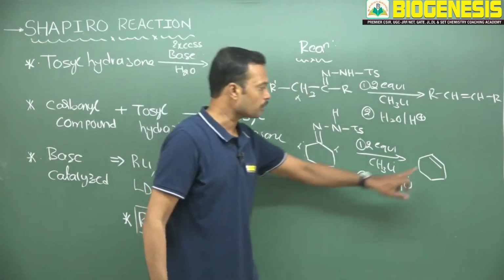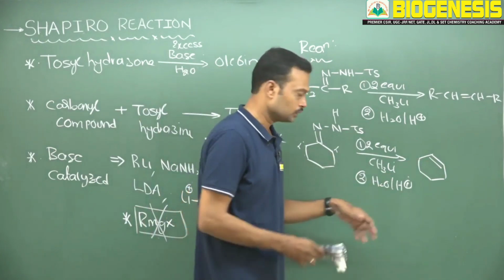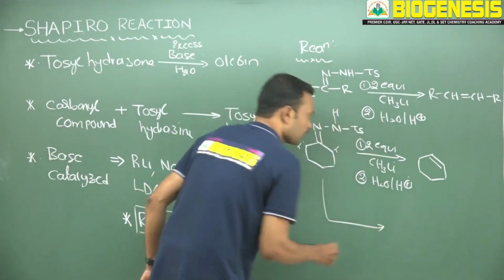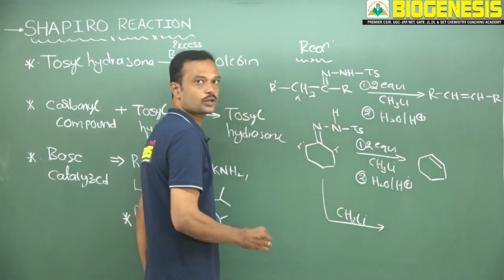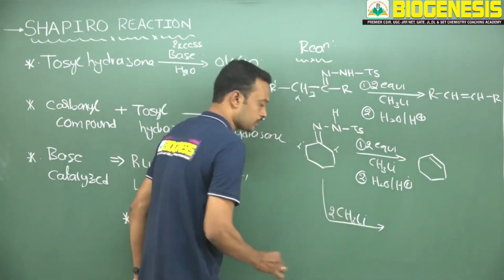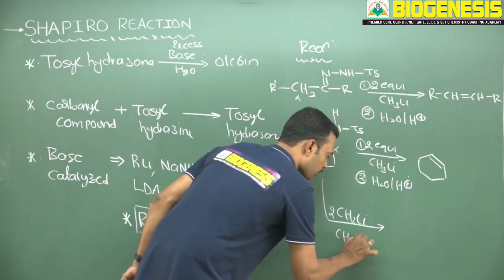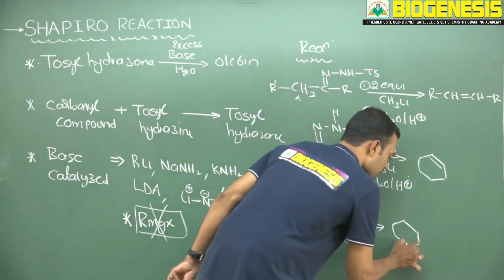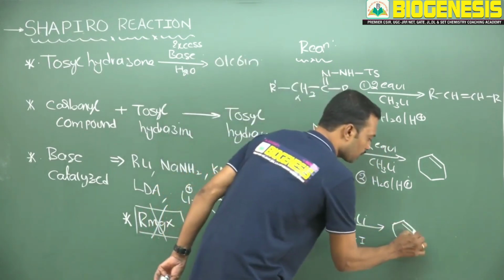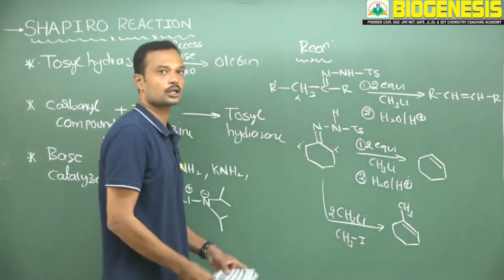This answer completely depends upon the type of substitution or solvent which is given over here. Suppose the same reaction reacts with lithium OMC, here they will mention excess in your exam, otherwise they will mention two equivalents. So this is two equivalents of methyl lithium followed by methyl iodide, if they give it. Whichever carbonyl carbon is present, at that carbonyl carbon definitely we need to introduce a methyl group. This is an actual alkylation reaction.